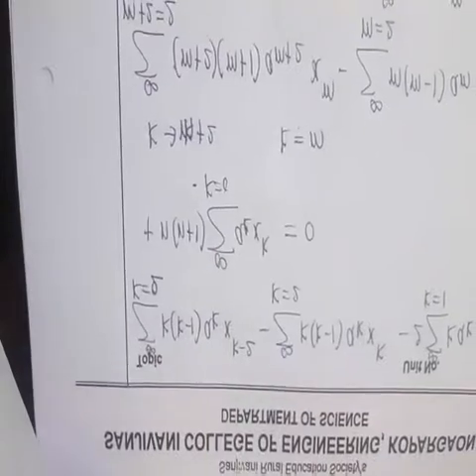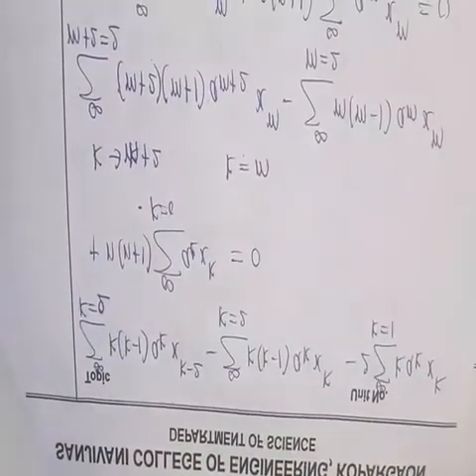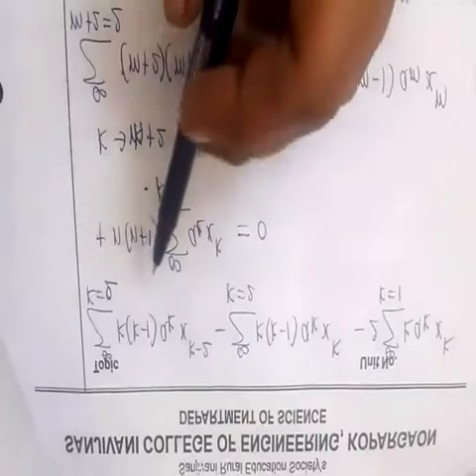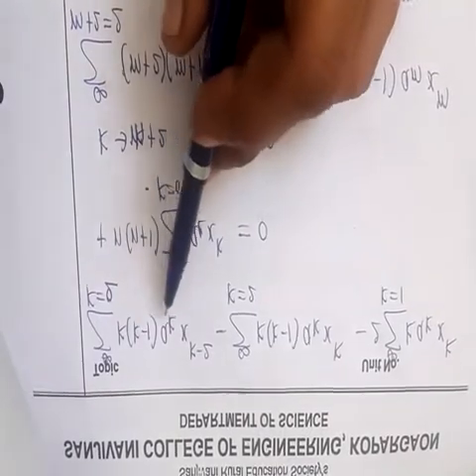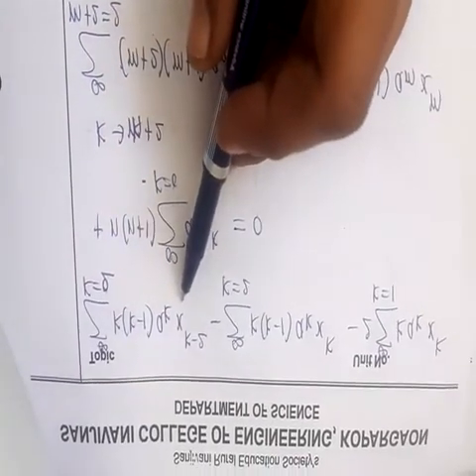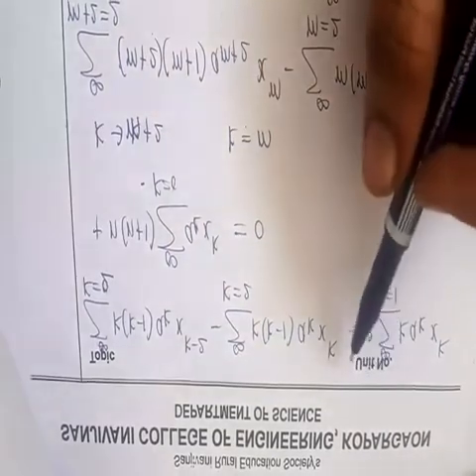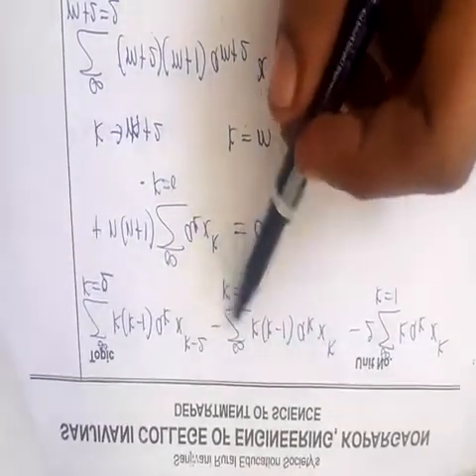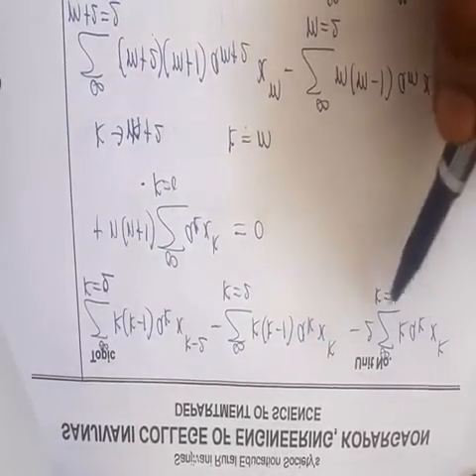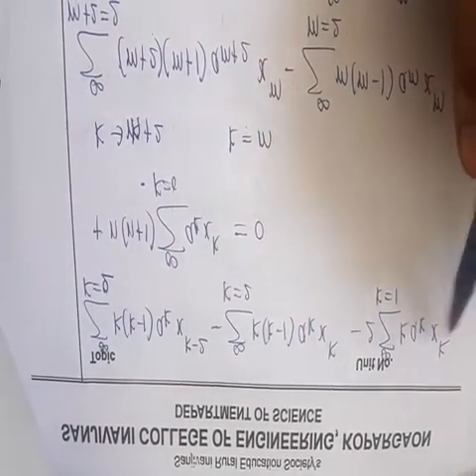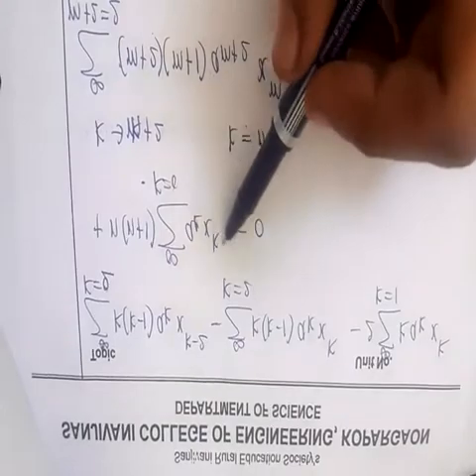So, k multiplied by k minus 1, it starts from summation k equal to 2 to infinity k(k minus 1) a_k x to the power k minus 2, minus summation k equal to 1 to infinity; it is x to the power k minus 1 multiplied by x becomes x to the power k, minus 2 times k a_k x to the power k, plus n(n plus 1) a_k x to the power k.